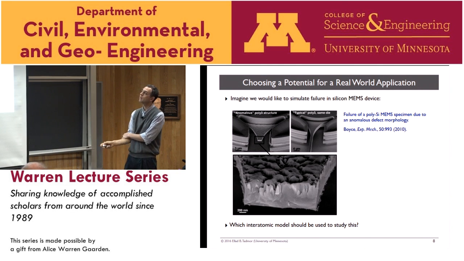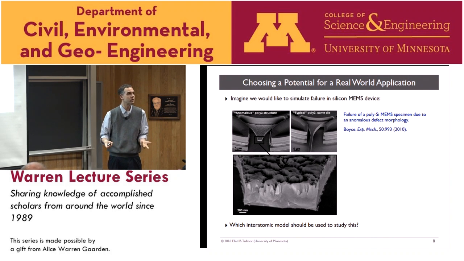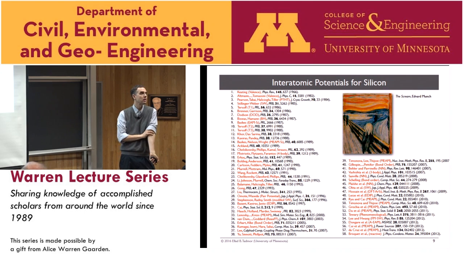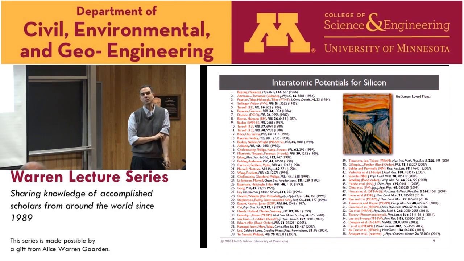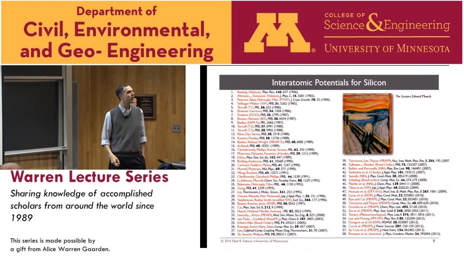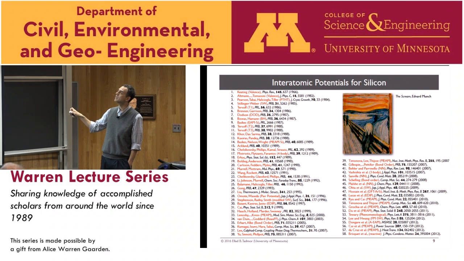And so the first question you have is, what model should you use to characterize the atomic interactions between the silicon atoms? Which one could you do? You can't afford to do the quantum. I mean, you can see the size scales here. That's way beyond anything that can be done with quantum mechanics. And so the problem is that there are a lot of potentials for silicon in the market, as it were. Okay, so this is a partial list. I kind of got tired in 2012, but they come out at about one a year on average, a little bit more than that. So since the 1980s, there's a regular stream of these potentials.